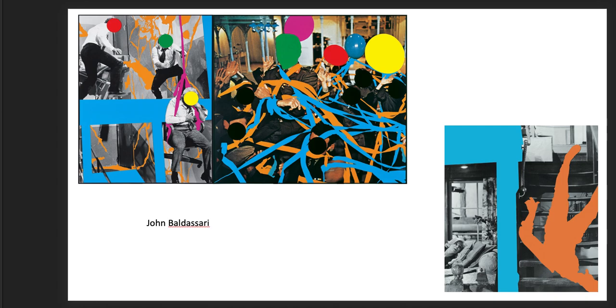John Baldessari lived in California. He just recently died within the last 2 years. He was a part of what's called the Pictures Generation. It was a group of artists, and they were influenced by conceptual art and pop art. And they used appropriation and montage to investigate